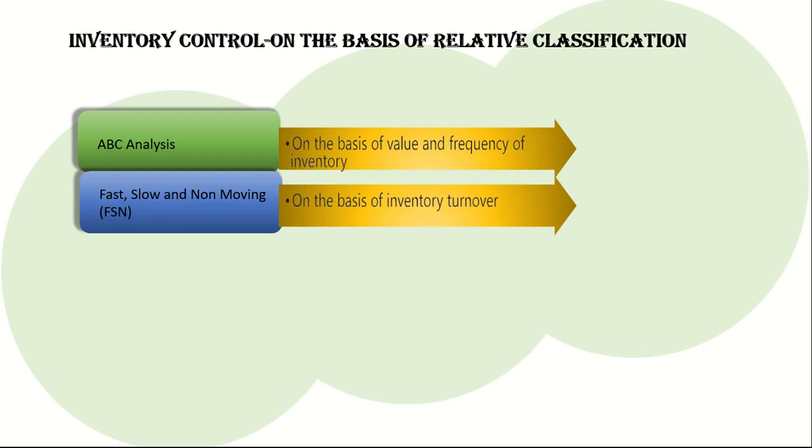Under this system, inventories are controlled by classifying them on the basis of frequency of usage. The classification of items into these three categories depends on the nature and managerial discretion. A threshold range on the basis of inventory turnover is decided and items are classified accordingly. Fast-moving: this category of items is placed nearer to the store issue point